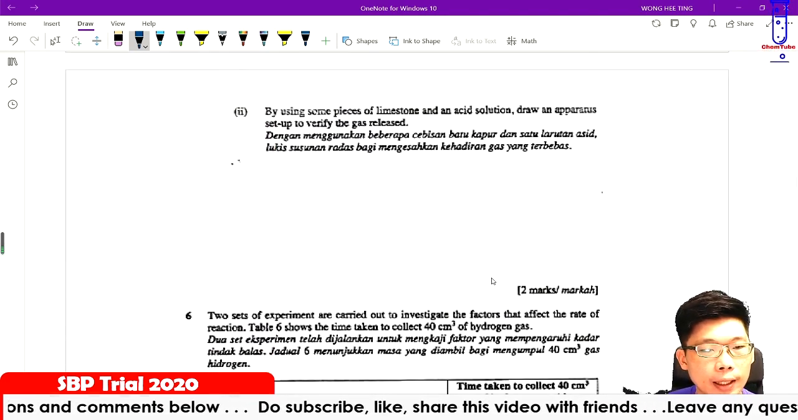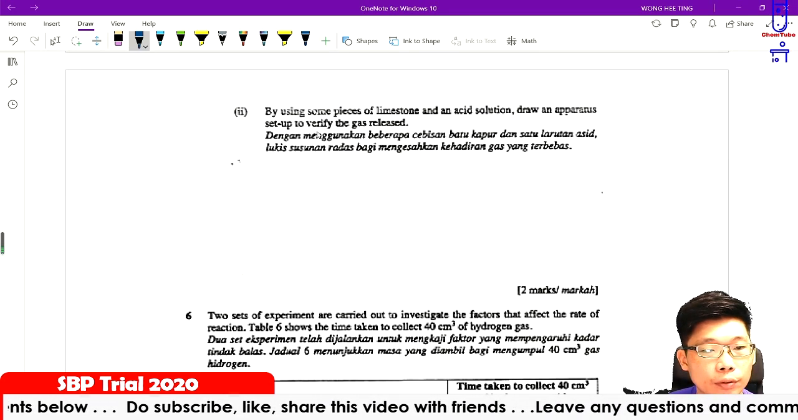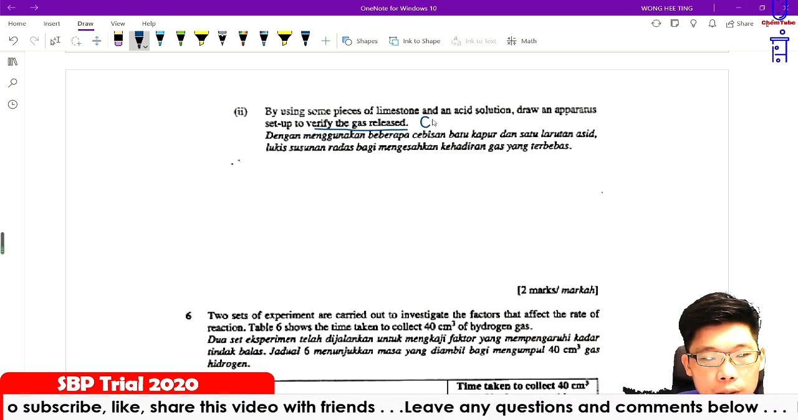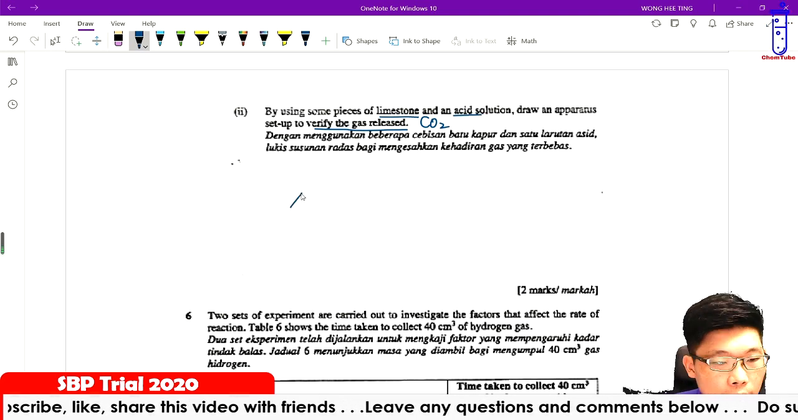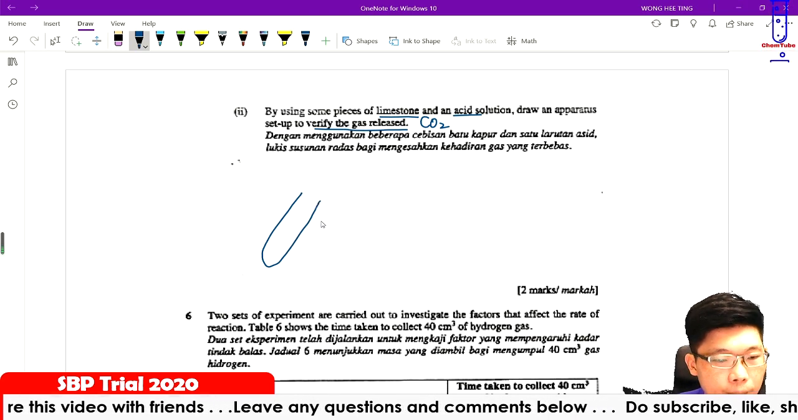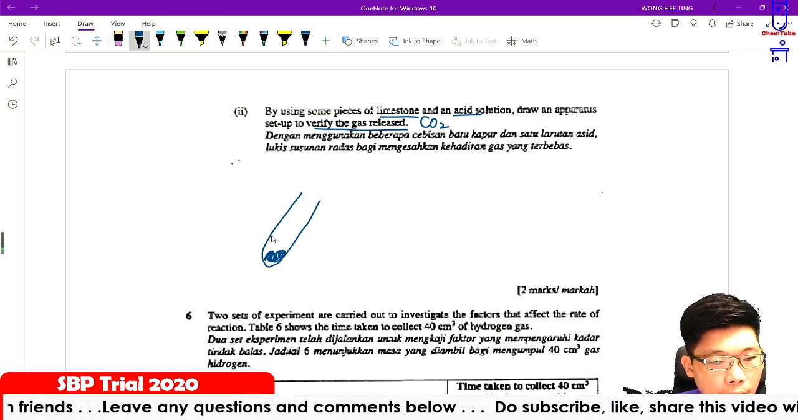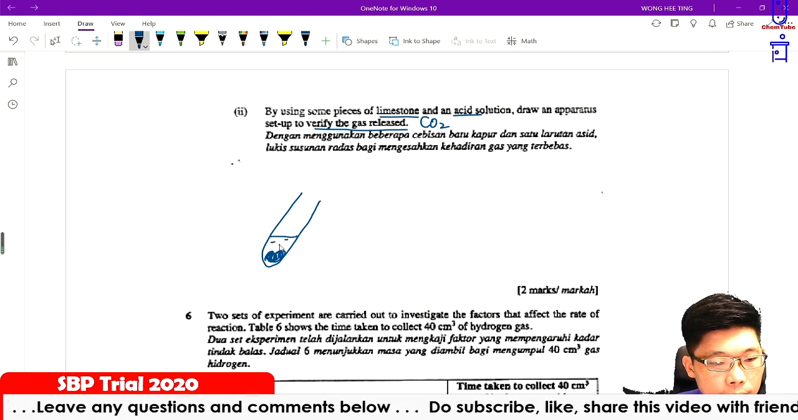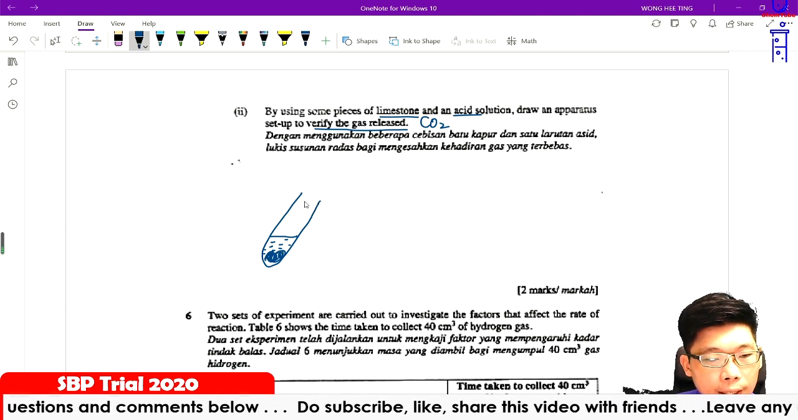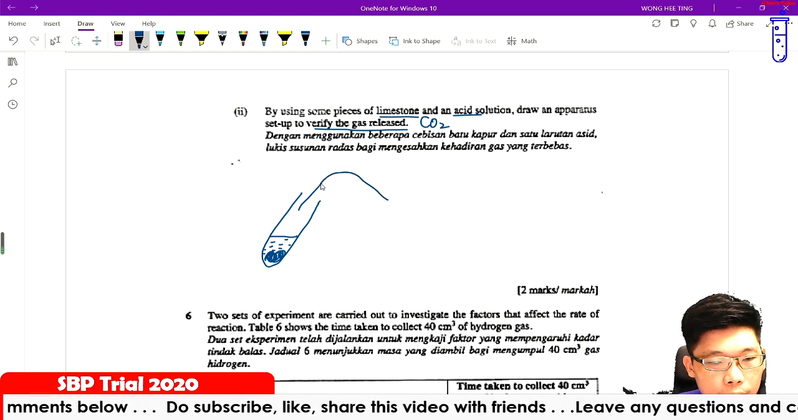Okay, by using some pieces of limestone and the acid solution, draw apparatus to verify the gas. Okay, so to verify the gas, so here the gas we know is carbon dioxide gas, right? Okay, test tube. Then inside here we have the limestone and then the acid. Okay, then the gas produced, we can deliver it into